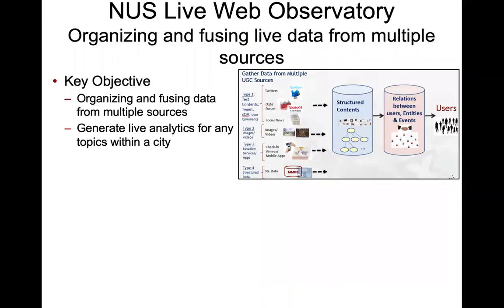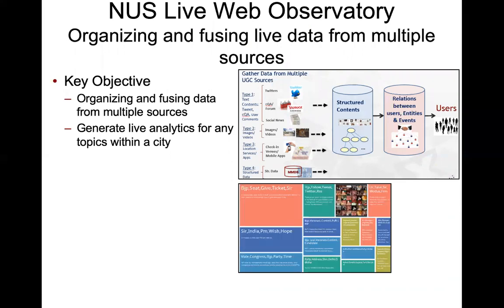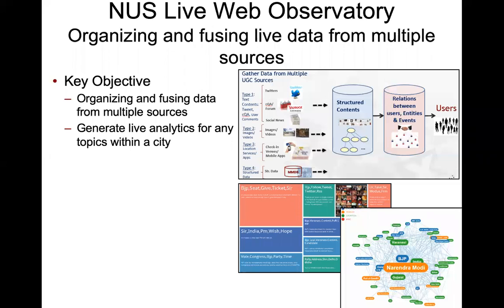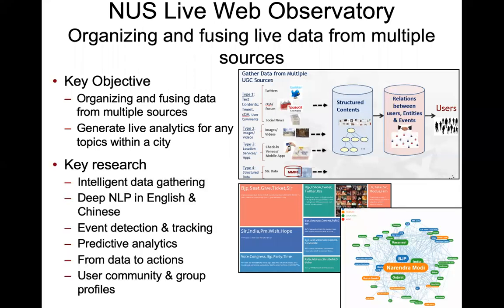We have this NUS Live Web Observatory. This has been created by the Lab on Media Research at the National University of Singapore, which is my previous university before I started working at ITMO. What we did there, we created observatories that monitor social media networks. At that time, it was the previous elections in India, and actually we were predicting who would win the election based on Twitter and social media data. And that observatory got published in quite a few media outlets. Nowadays, this observatory exists in the form of a company called 6 Estates.